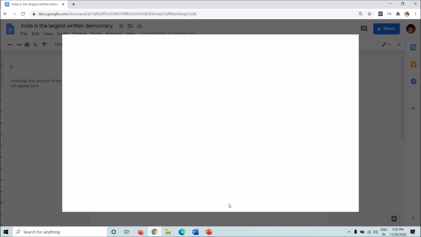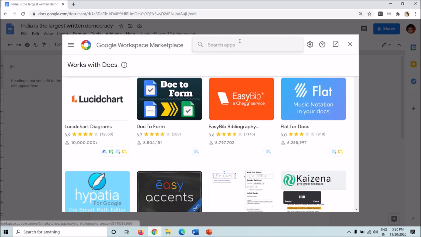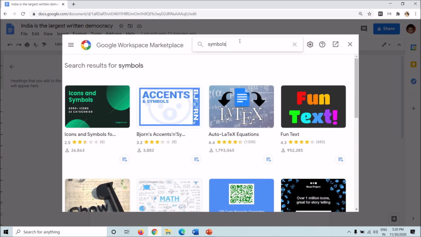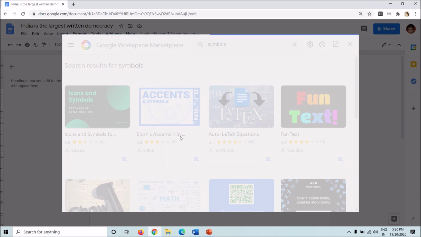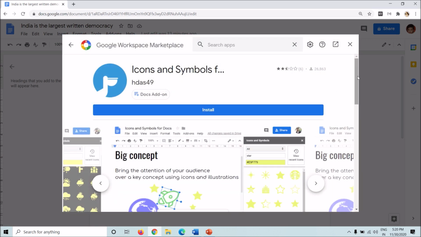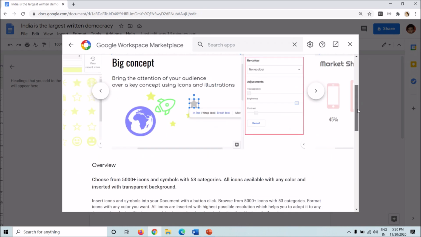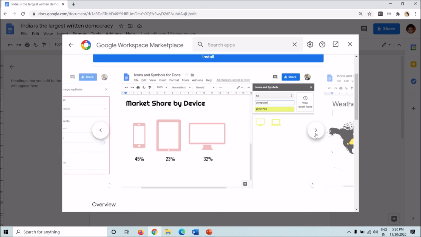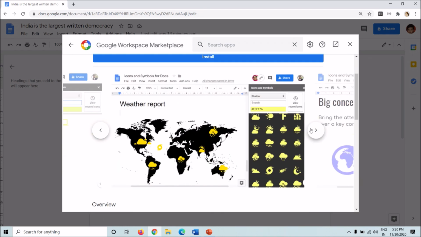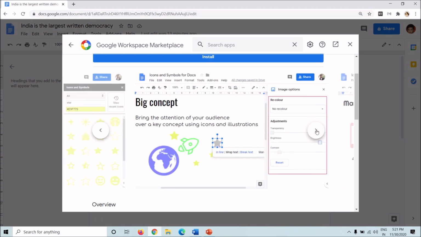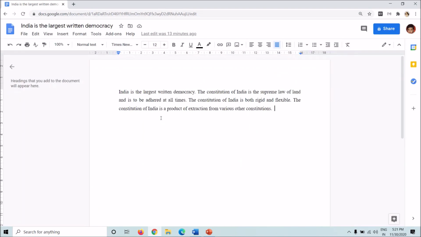You can get add-ons for the symbols itself. Now here I'll write symbols. So you can go for icons and symbols and check whether this is what you want. These are the symbols you want, if it matches your necessities. If not, there are other add-ons as well.